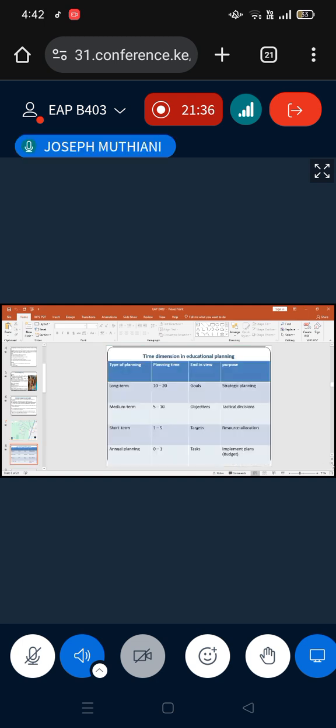Then after looking at that, the next thing is to look at the time dimensions in educational planning. Time dimension in educational planning. Now, when we talk